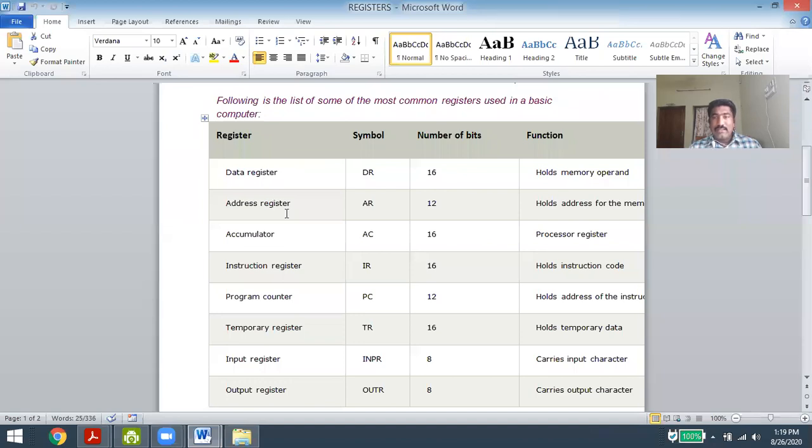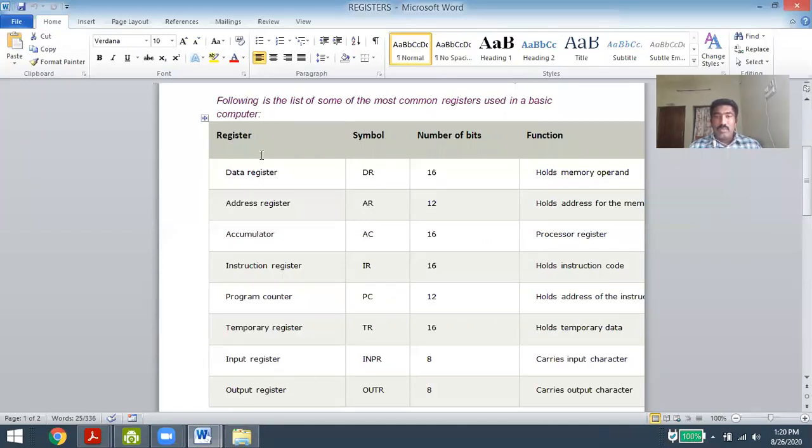Now coming to the address register, what is AR? Address registers are used to store the address of a particular memory or particular data. For example, I have pressed the letter A on the keyboard. At the same time, in a parallel process, I am entering some other data from the mouse, using the virtual keyboard to enter the same letter A. How will the processor understand whether the A is coming from my keyboard or from the mouse?